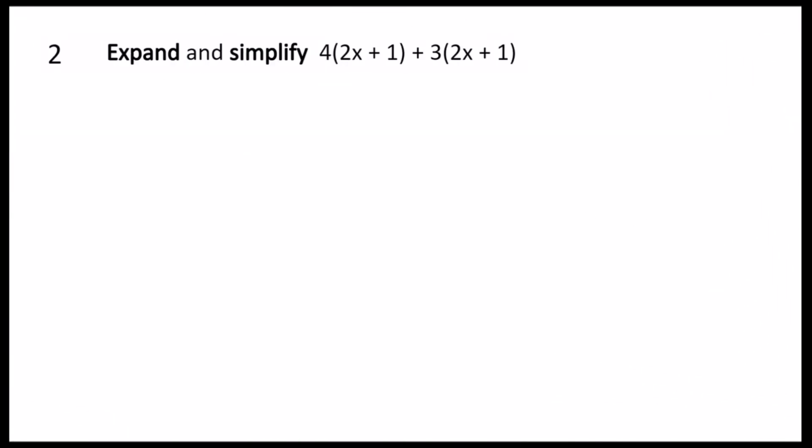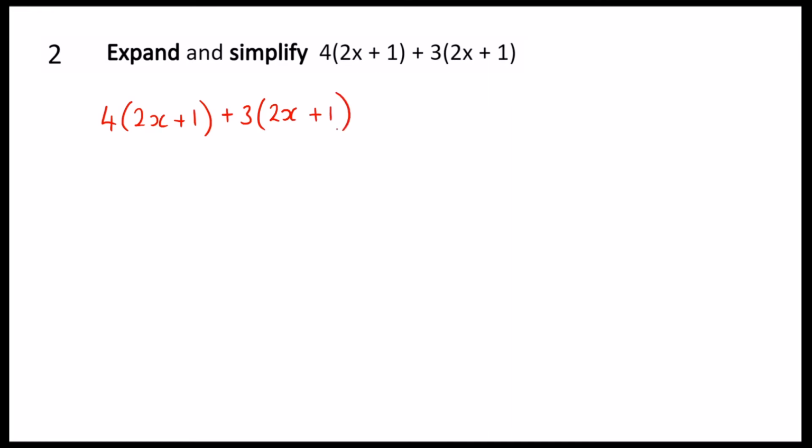Question 2 will always ask you to expand and simplify some brackets. In order to do this, we need to know two things. First of all, how to expand the brackets, and secondly, how to collect the like terms together at the end and simplify this answer. I'm going to start by writing the question out again. So we have 4 lots of (2x + 1), and we want to add to that 3 lots of (2x